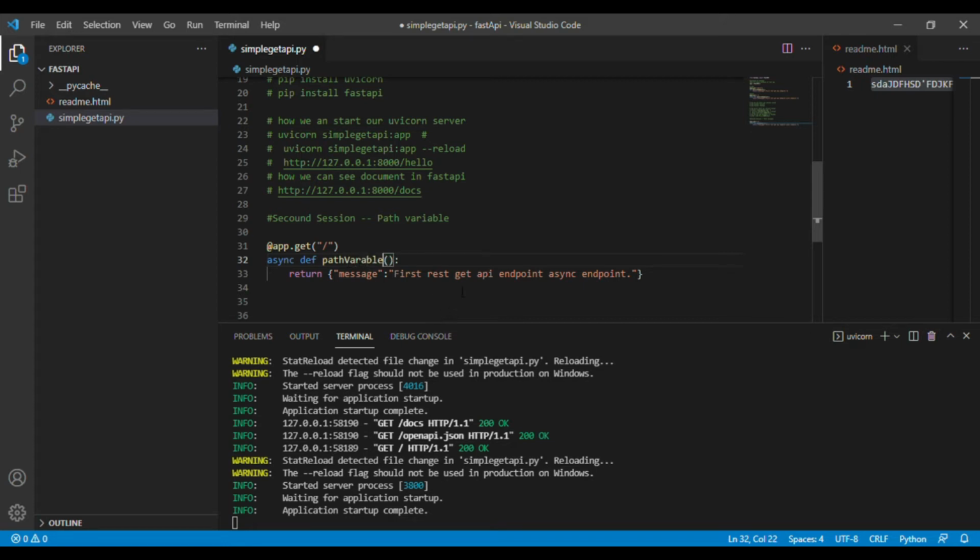Okay, so the definition part. What exactly is a path variable? Path variable means I just want to pass some dynamic parameters in the browser. Dynamic parameters means, let's consider an example over here. I just want to create a route like this. I have this endpoint and I am writing here data